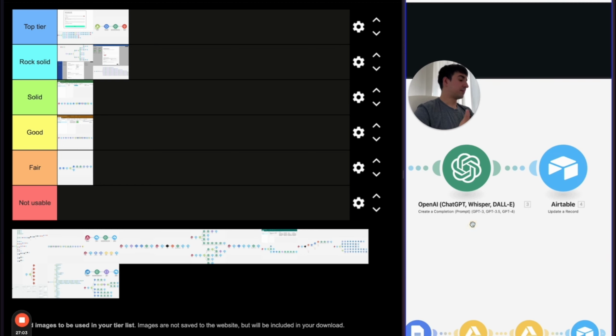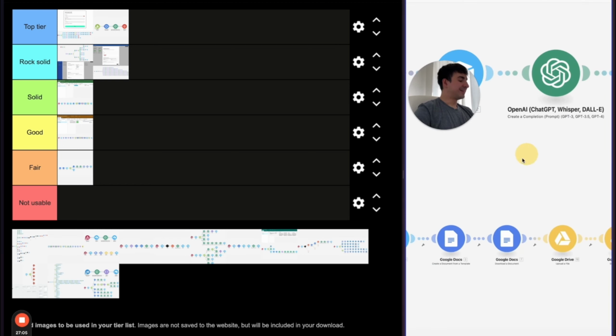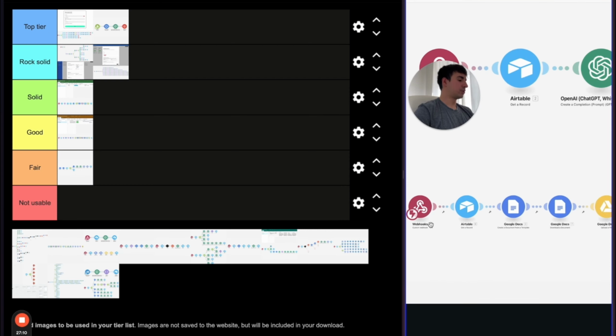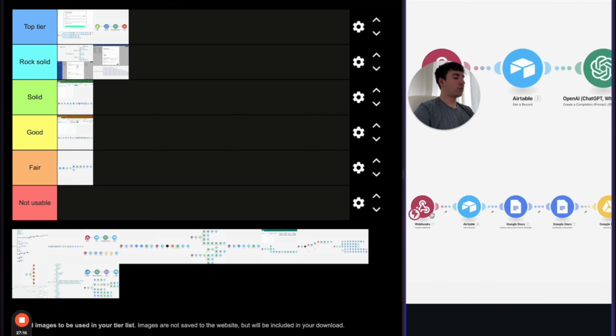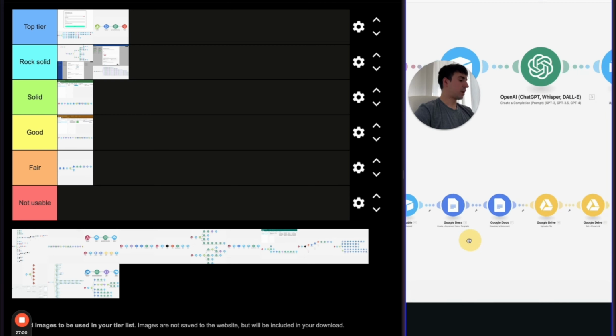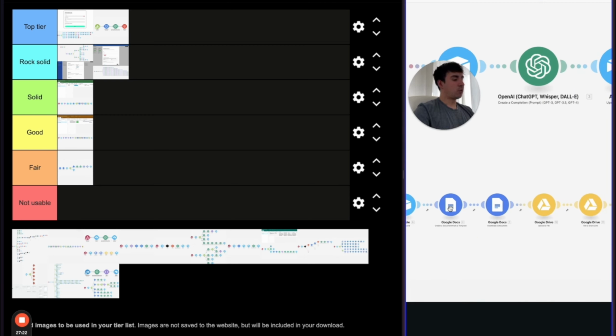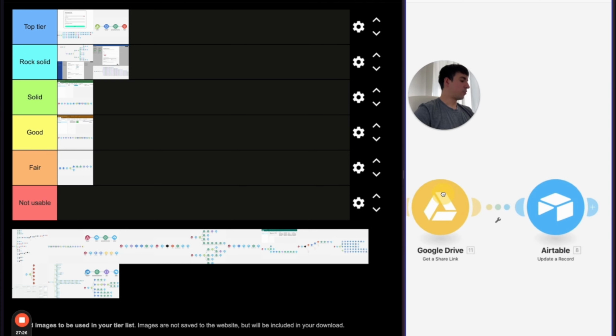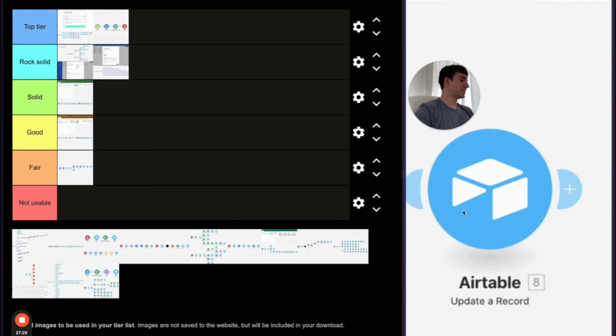And then it's going to write back the text of the proposal in Airtable. And then once all the text of the proposal are ready, we're going to be using this other Make.com scenario, where basically we're going to trigger this scenario via webhooks. We're going to recover all the information of that specific record, and we're going to create the proposal from a template. Then we're going to include that information of the proposal back in Airtable with this update a record module